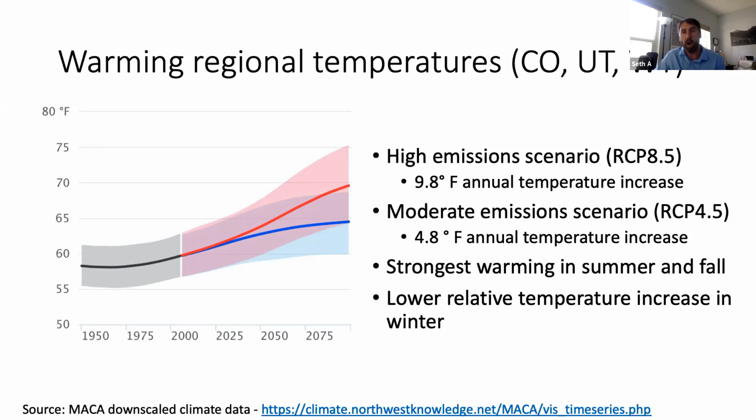I do want to just make one comment about the different emission scenarios. When I talk about precipitation, I'm just going to be showing RCP 8.5, in part because there's not a huge difference in precipitation projections. But I also want to make the point that right now, we're in this part of the curve where the high emission scenario and the moderate emission scenario look very similar. Over the next 20 years, what we do as a planet in terms of emissions is going to impact what emission scenario we're on. And if there aren't changes from our current emissions patterns, then we're more likely to proceed on that higher emission scenario.